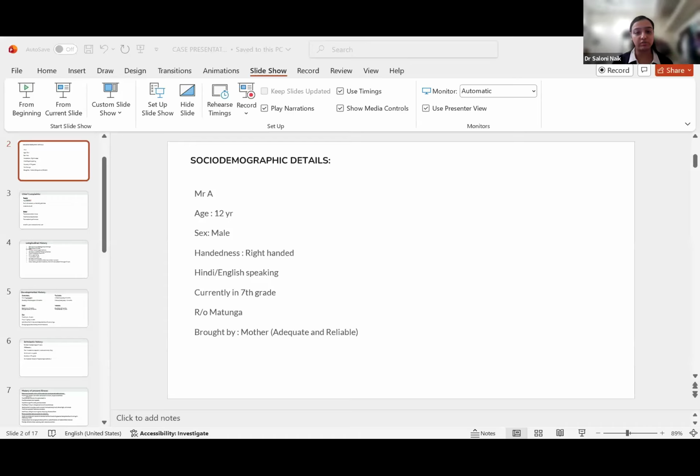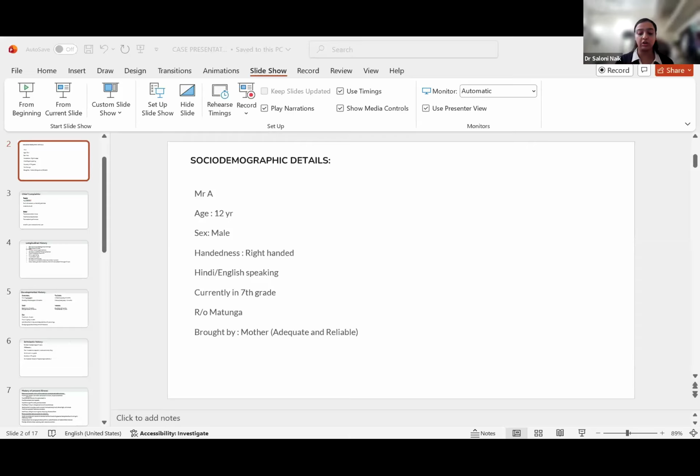There should be adult supervision on homework, and there should be short instructions. This message should also be conveyed to the teachers at school, so that the modifications are also made in the school itself. Every 20 minutes the child should be given a 5 minute break. He should be given some household chores and asked to participate in sports to channelize his energy, and some extra time and decreased workload. Small assignments should be given to the child.